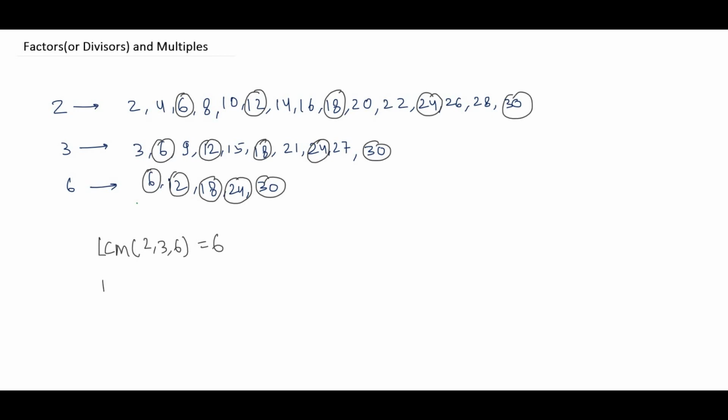Now we don't discuss highest common multiple because we have infinite multiples of everything, right? So this would be infinite, that means it cannot be determined, right? So we don't discuss the highest common multiple, we only discuss the least common multiple. Okay? Now we will discuss the methods to find HCF and LCM.